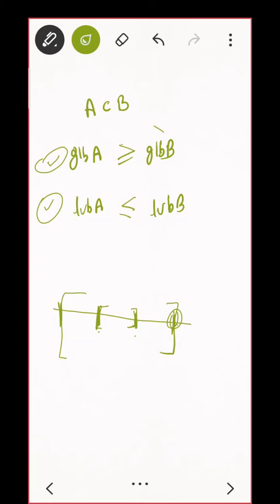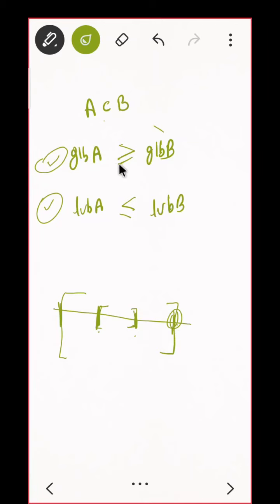Can you prove that? Let me ask you that. We have done many times like this. Prove the relation between GLB, LUB and everything. Can you do that? Shubhangi, you will be learning all these things in that foundation course, mostly in the last week. You will learn how to prove this: if A is a subset of B, GLB, LUB, everything. So that will be good for you. Okay then, let me go ahead now.